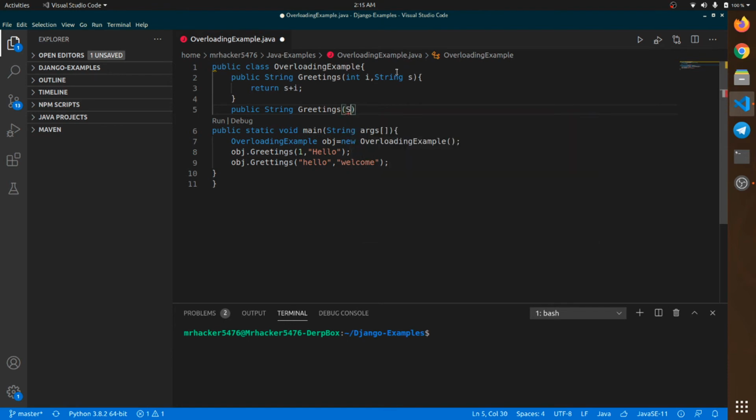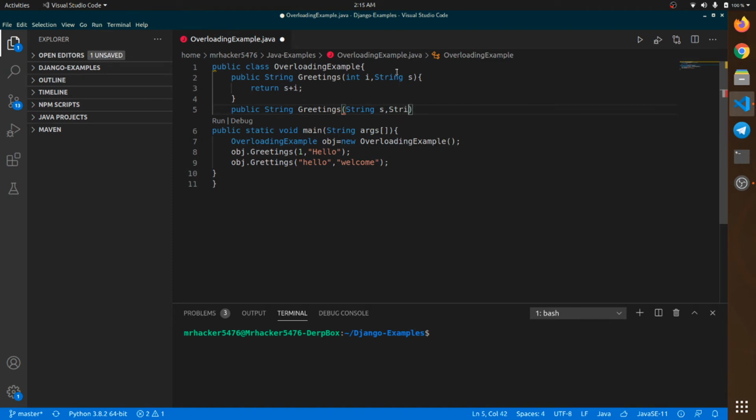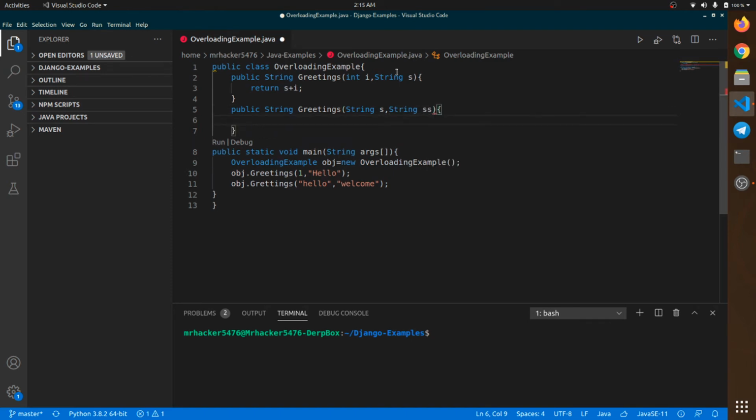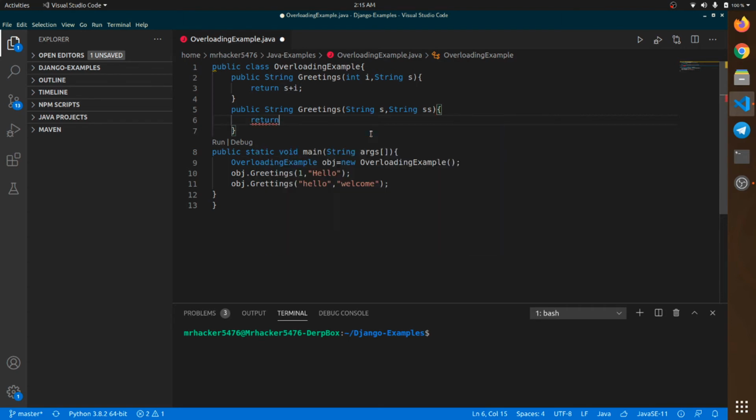So we have two strings here, String s and String ss, and we will be returning the result. Okay, so this looks fine to me.